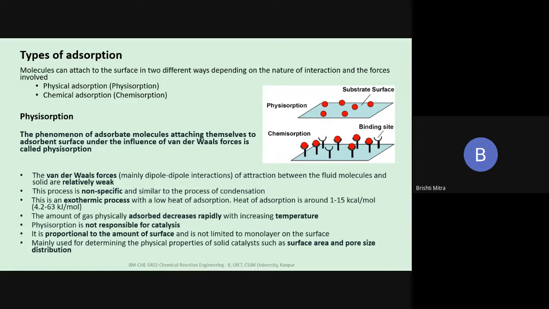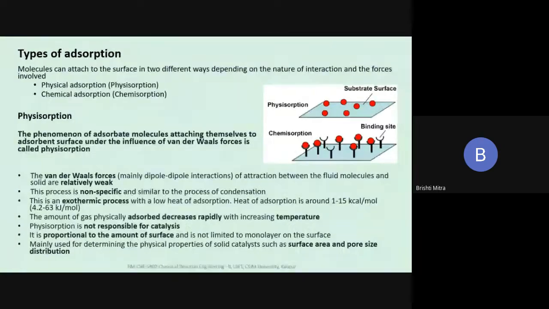So why do we have to study adsorption out here? Because you've already studied adsorption in your mass transfer classes. That is the first thing that we have to see. Now, when I told you the basic properties of a catalytic reaction between a solid and a fluid, whether it's a gas or a liquid, one of the primary requirements is that the gas or the liquid must interact with the active site on the solid and form a bond. So the first step of any catalytic reaction is the adsorption of the reactant on the surface of the solid at the active site.